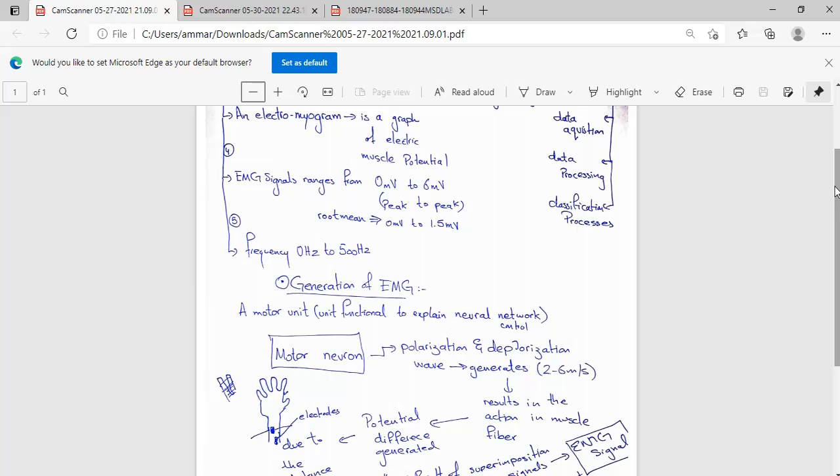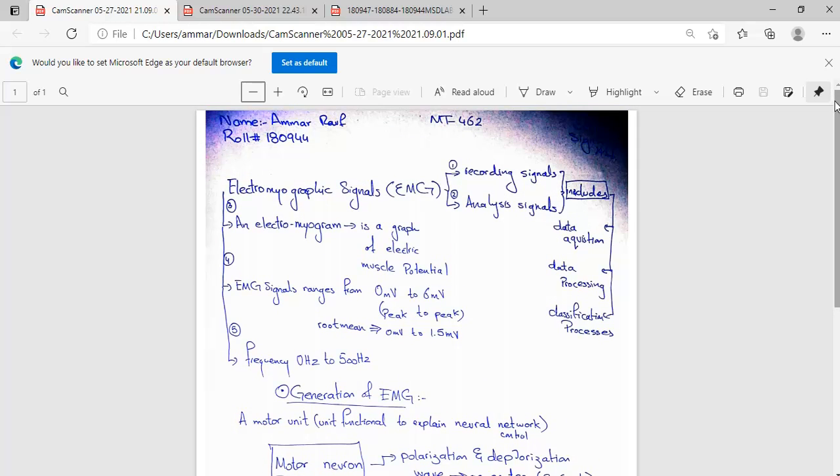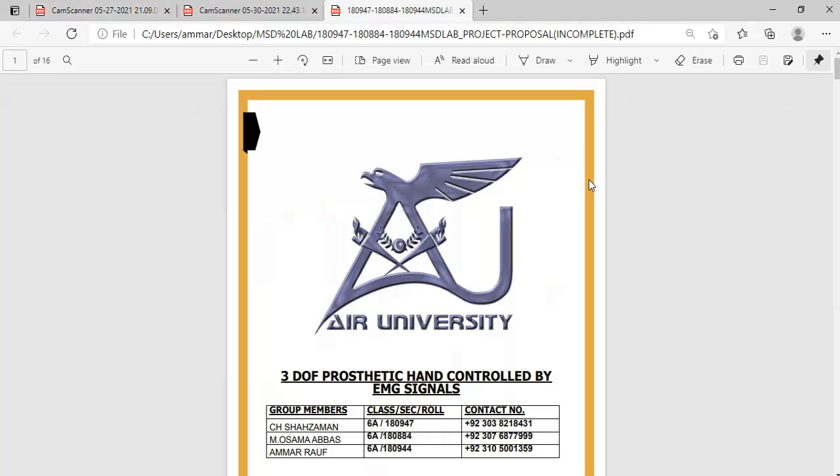So the first part of our project is how an EMG signal is being caught, how it is generated, and how it can be used to control a prosthetic hand. In the second part we're going to show you more about how our robotic prosthetic hand would be working. We have done its paperwork, like its frame assigning, and at the end I'm going to show you the CAD models we have been seeing, and we have made one of them. On to the second part.